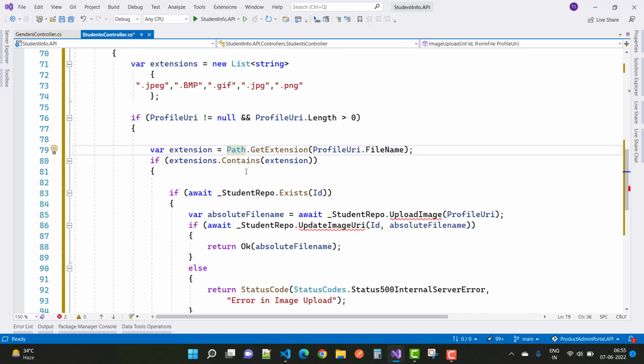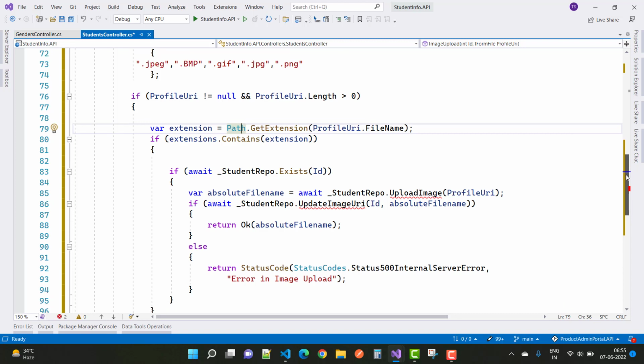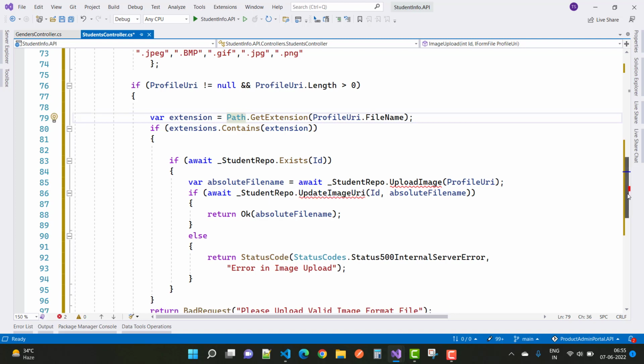Also just update image URI with the ID property and absolute file name. If the update is successful, then just return OK and the absolute file name. If it is not updated, then just return the status code with the internal server error, that is 500 internal server error. So here we have two methods, the first one is upload image and the next one is update image URI. So just open your repository, IStudent,